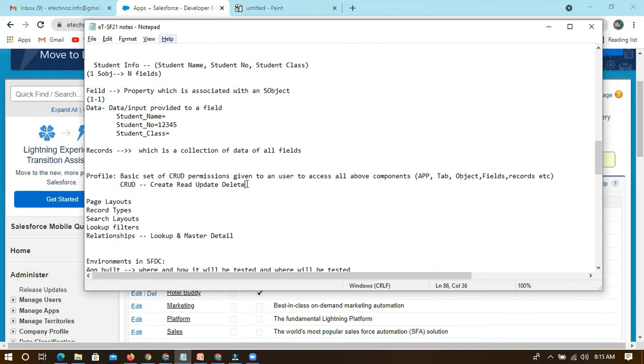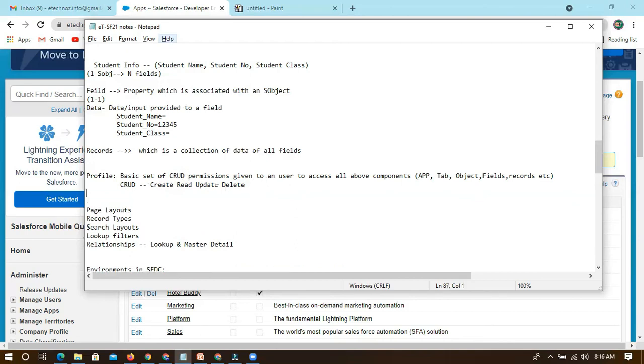Most of the profiles don't get the delete option, only system admin profiles will have access for delete also. These will be controlled at profile level. This is the basic access level we give users for CRUD: create, read, update, delete. So you can note this down.